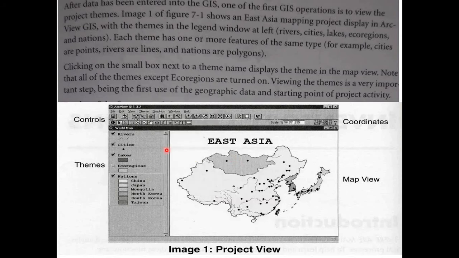you can see here we have cities, rivers, like windows open in GIS software. This is ArcView GIS 3.2, and you can see the nation map is below, and then we have ecoregions over it, and then we have lakes over it, and then we have cities and points over it. If we move rivers and cities below this nation, I mean to say, if we shift the river from this point to this point, then it will be below this shapefile. So this lecture is basically about how to use polygons and how to use layers.